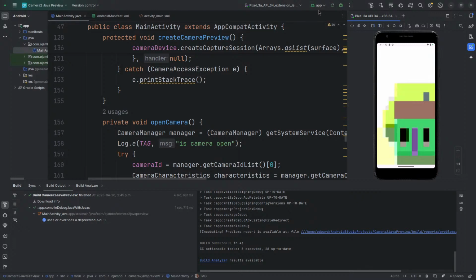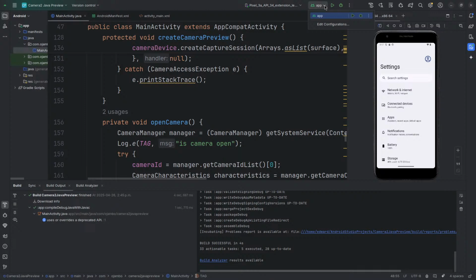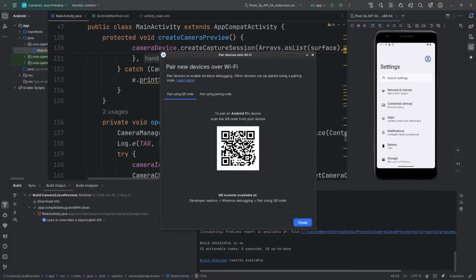I'll stop this first. So you go to apps here. You can go to edit configurations. I prefer going here and choosing pair device using. So I'm going to use the QR code here. What you do is you go to your phone, and then you